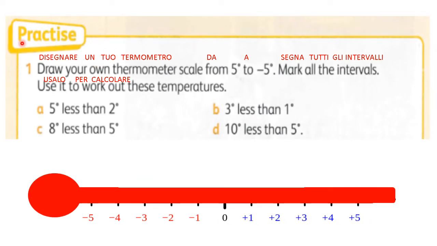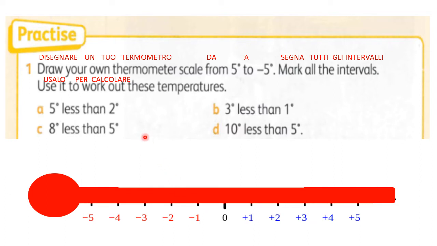Now let's read exercises 1 and 2 in the practice panel on page 69 of your learner's book. Draw your own thermometer scale from 5 degrees to minus 5. Mark all the intervals. Use it to work out these temperatures. So draw a thermometer like this that goes from 5 degrees to minus 5 degrees, and then use it to